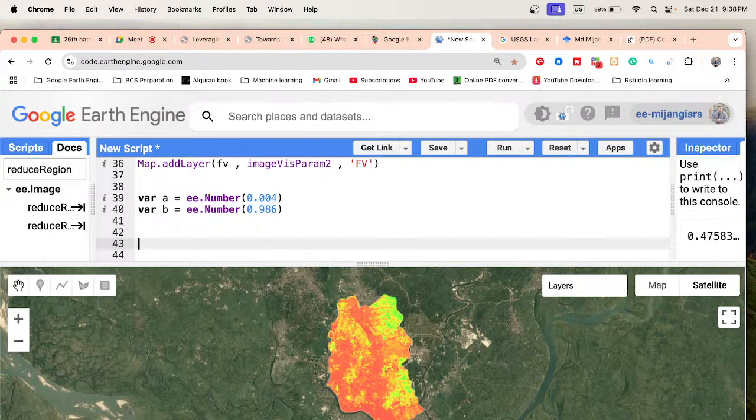So for that, just take a variable, suppose em, and we need to multiply 0.04 with the fractional vegetation, mainly FV. I already calculated the FV, so just call the variable name FV dot multiply with 0.004. It is stored in the variable a. Just put here the a and add with b. Okay, b is stored at